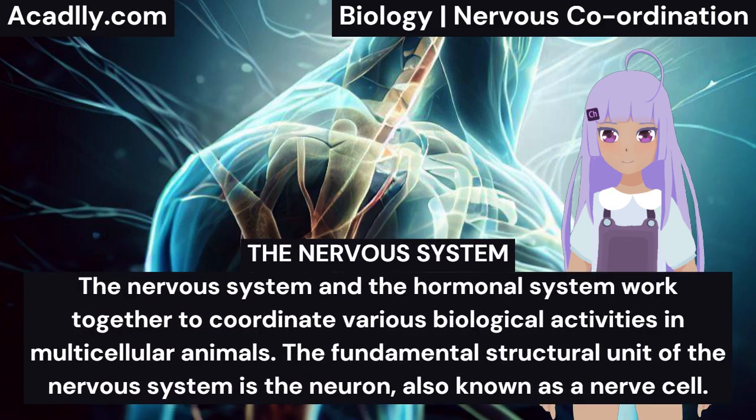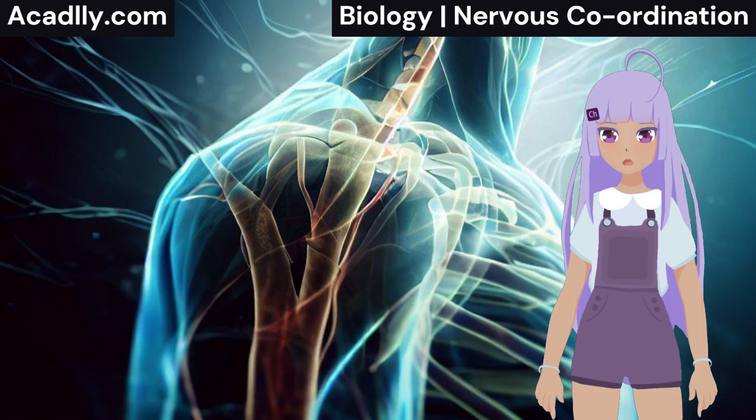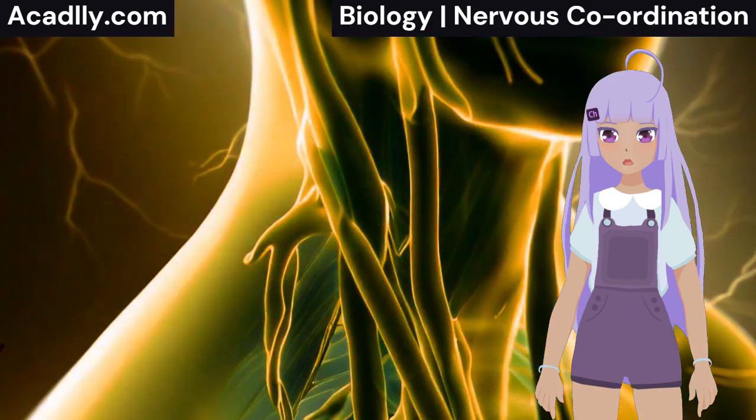The nervous system. The nervous system and the hormonal system work together to coordinate various biological activities in multicellular animals. The fundamental structural unit of the nervous system is the neuron, also known as a nerve cell. Neurons consist of a dense cell body and protoplasmic processes called nerve fibers. When bundled together, these nerve fibers form a nerve. The main mode of information transfer in the nervous system is through electrical impulses known as nerve impulses, which travel